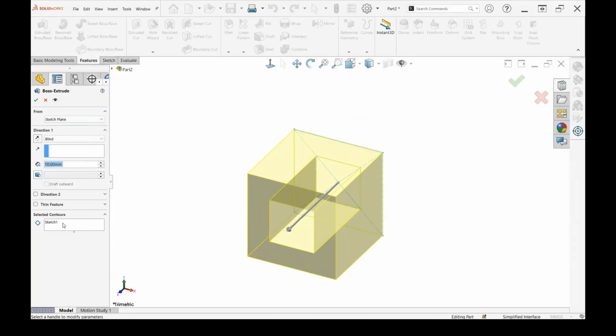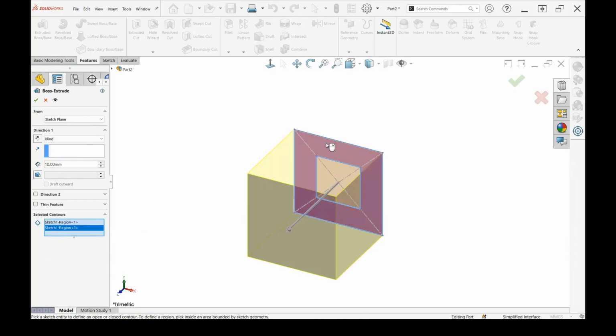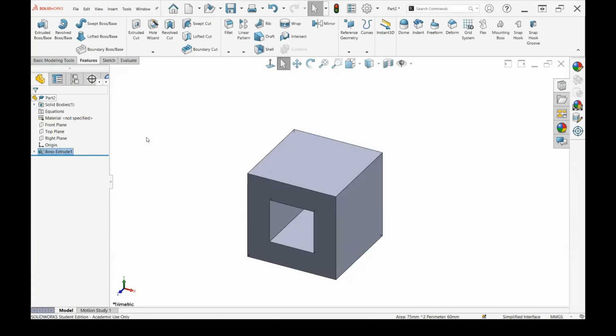And then as far as the sketch contours, I'm going to draw your attention to that, where right now it's selected the O itself, or the actual shape, but it could have just as easily selected the inner part of the shape, or it could have selected the outer portion, so it's the entire cube. But SolidWorks will make an effort to try and make a guess of what you're intending and not always get it correct. So we're going to make sure that when we check our contour, we look at the preview to see this is what we expect. So we're going to say OK. And say, yay, we found our cube.